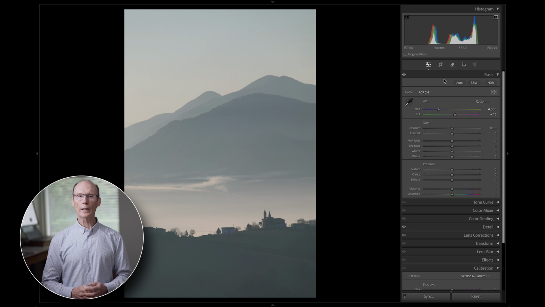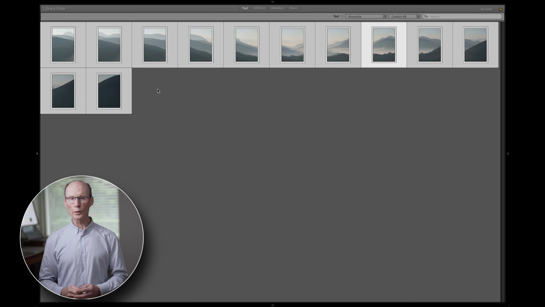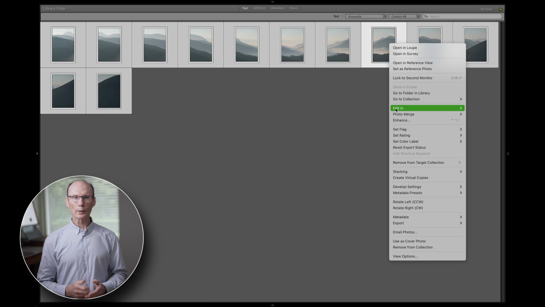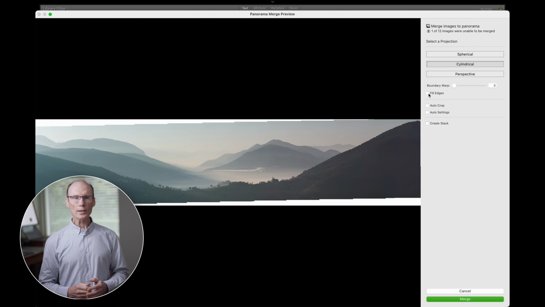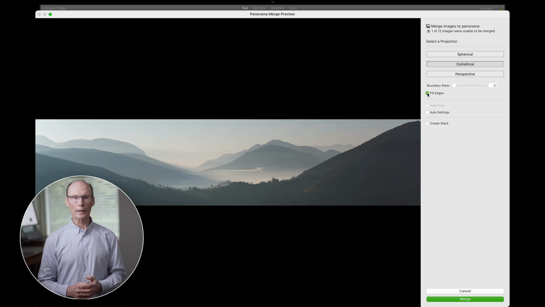I'll right-click on one of these images and go down to Photomerge Panorama. I will leave the projection on cylindrical, as that is correct for a single row panorama. You'll notice a slight slope to the image. This is due to a flaw in an early homemade panorama device that didn't quite rotate the camera on a level base. I'll click on Fill Edges to do a content-aware fill on the blank edges and click on the